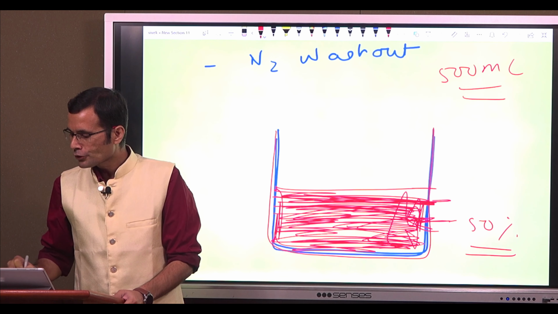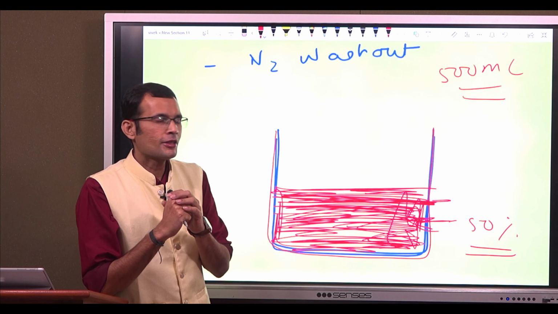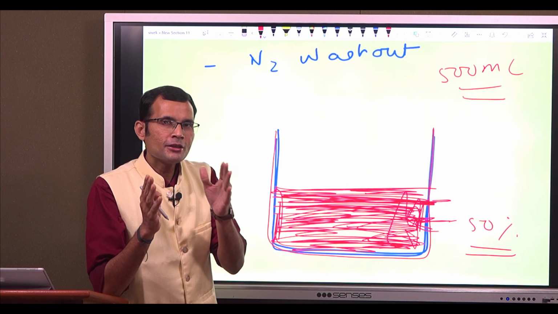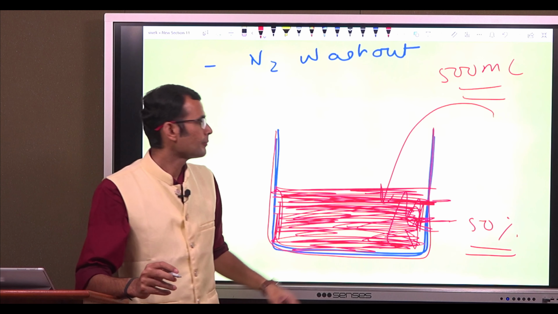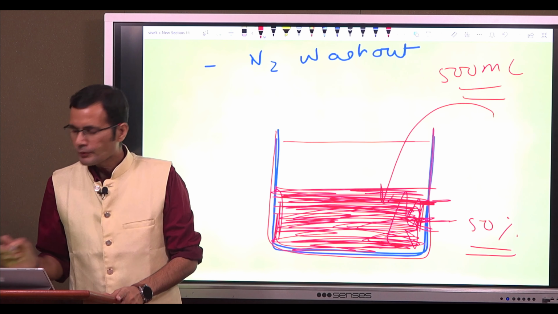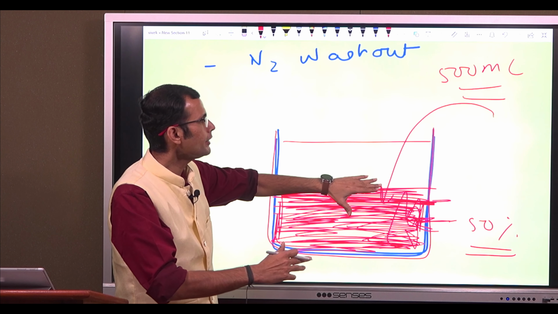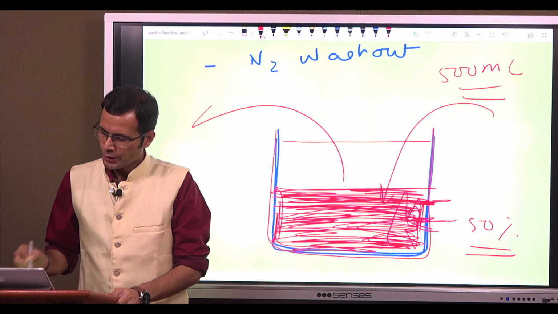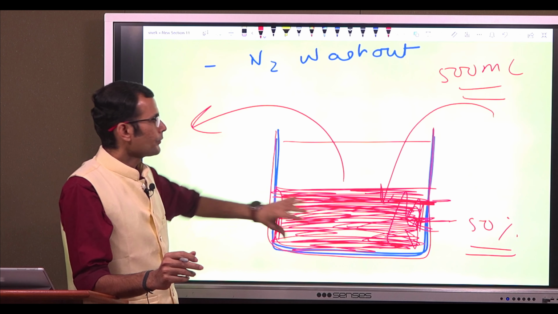How do we do it? Let's take this analogy further, the cup and the wet tea powder stuck there. Now this time it's an open circuit method, I told you just now. Imagine that I take water, fill it into this cup, stir it slightly, swish it, and then remove it. Some amount of this stuck wet tea powder will come out. Empty this.